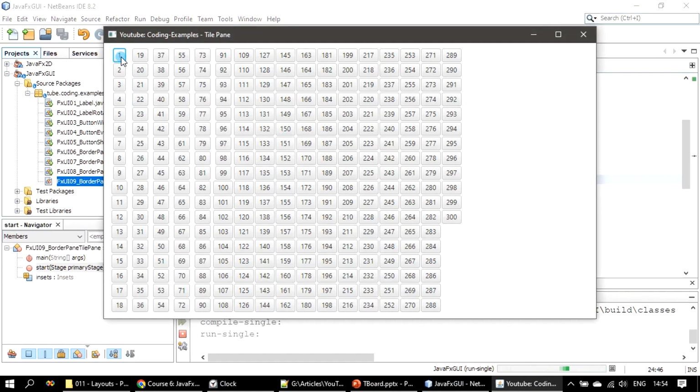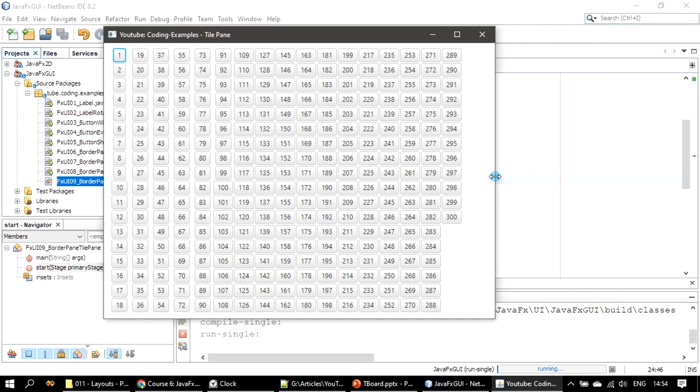This time if you see, the buttons are numbered top to bottom, then left to right. So 1 2 3 4, then in the next column, then in the third column, likewise the buttons get filled. Now if I resize horizontally, it will start hiding the buttons,